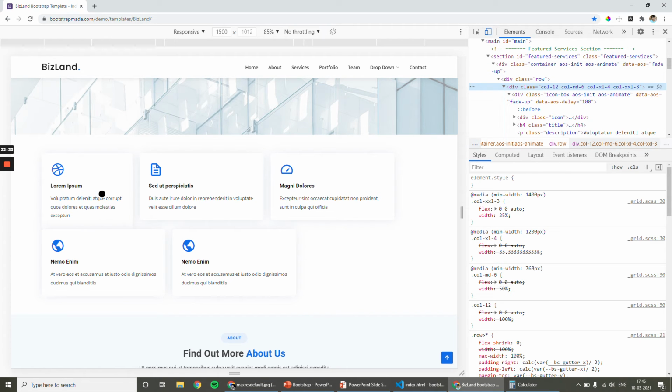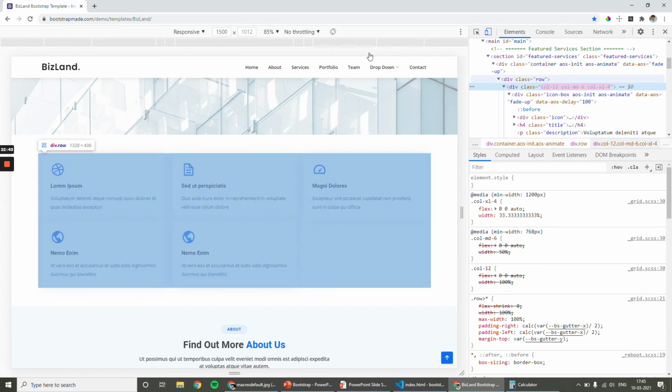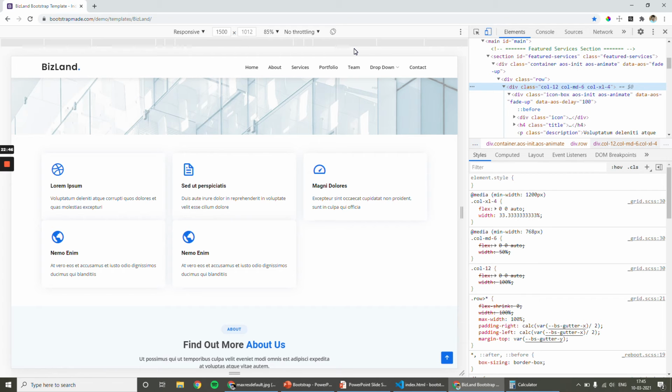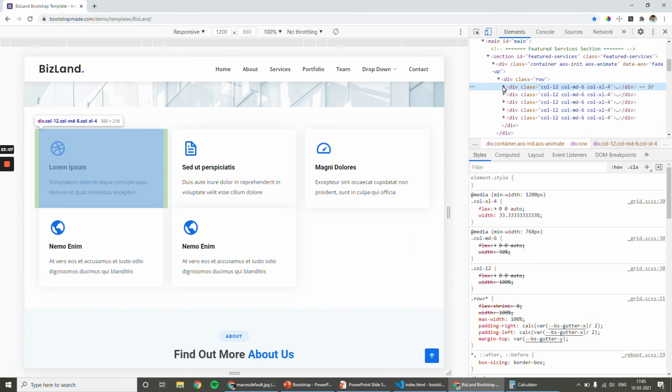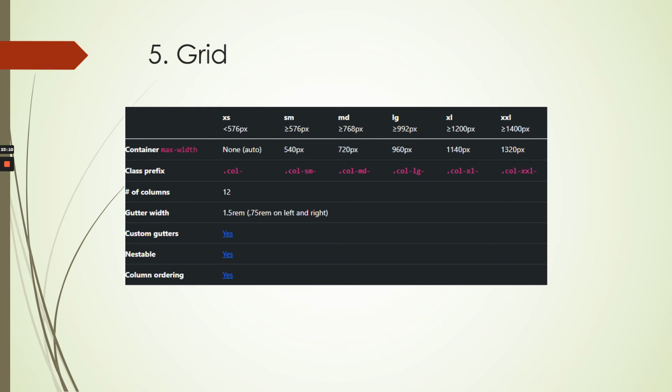But if you use Bootstrap 4, then there won't be any value for this class name. If you use Bootstrap 4, then this is not needed because they target up to 1200 pixel only. So after 1200, whatever the device size, it will look the same. If you see this website in an Android TV, 40-inch TV, then the layout will look the same. Okay, so that is the difference between Bootstrap 4 and Bootstrap 5, which we already saw.